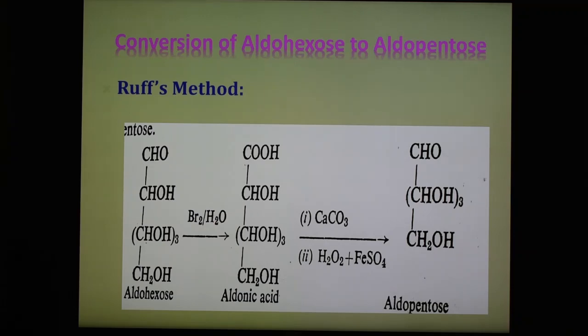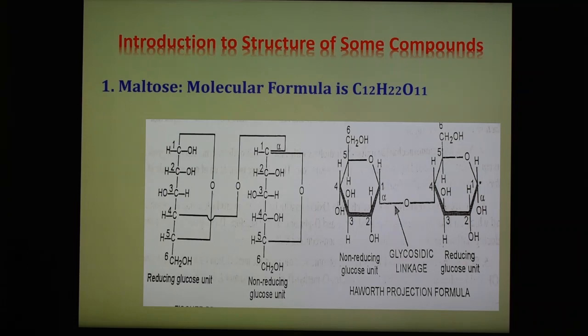some important structures of some compounds, and there are 5-6 compounds. So the first compound is maltose. As we know, the molecular formula of maltose is